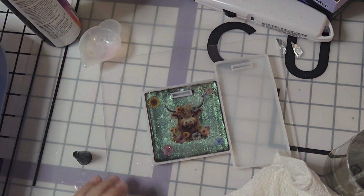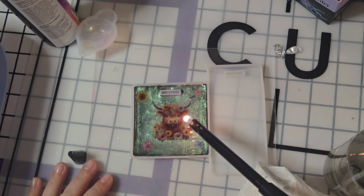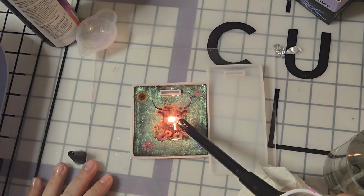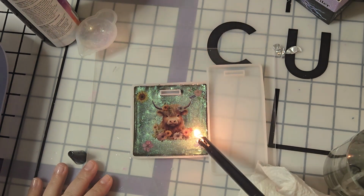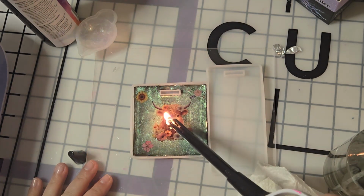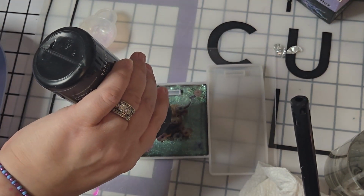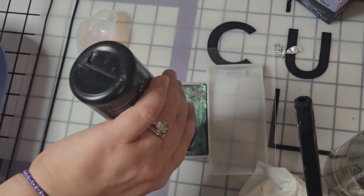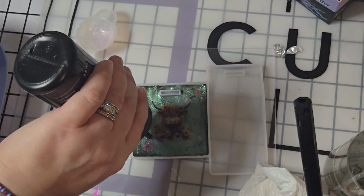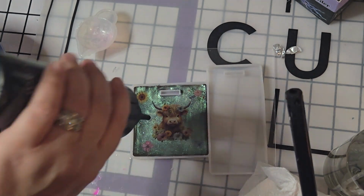And then I am going to run my lighter. Not so much for bubbles, but I just want to see some gaps in the resin that I want to fill in. It just helps lighting wise to see where the resin hasn't, like maybe there just wasn't enough resin, or potentially the bottom layer is repelling it. So I want to make sure that it's